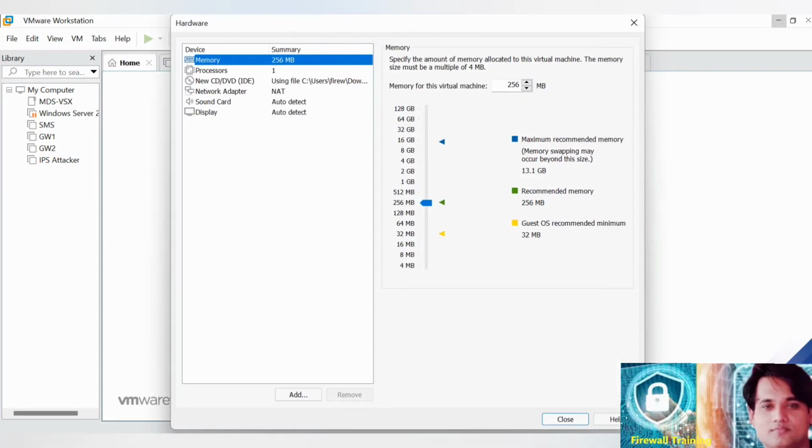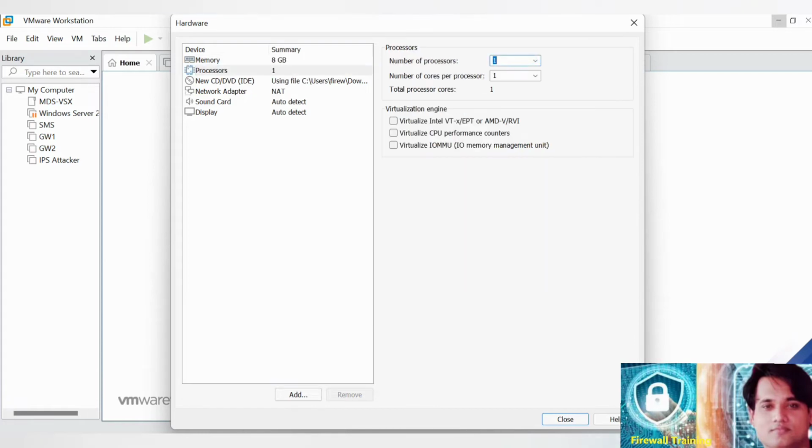and RAM is always more than 4 gigabits. This is MDS, everything is going to happen from there. So I'm giving a little bit more, say 8 gigabits here. Processors, just give it like 2 here, 2 here,